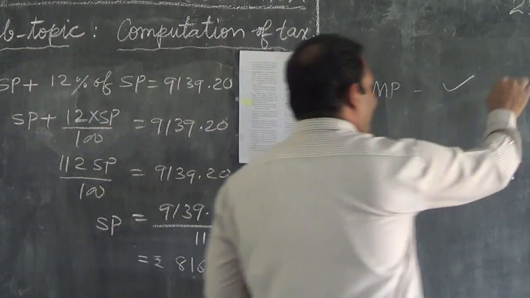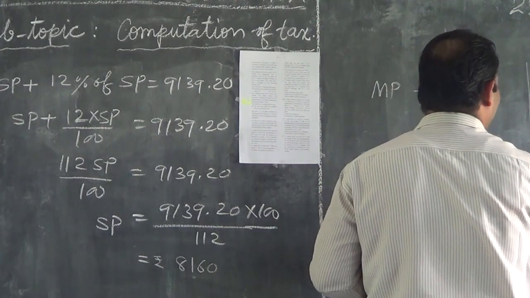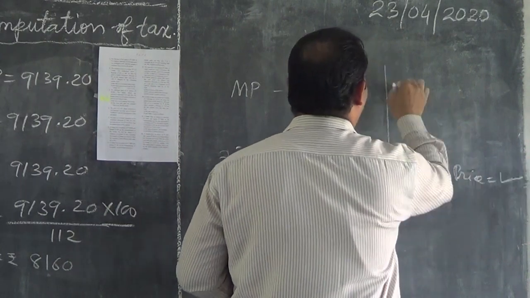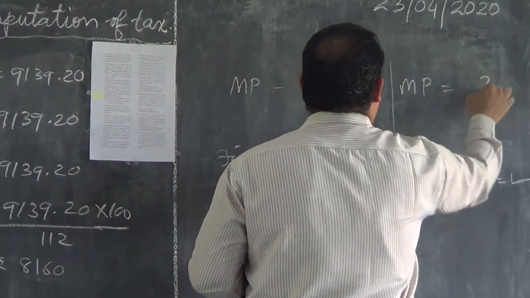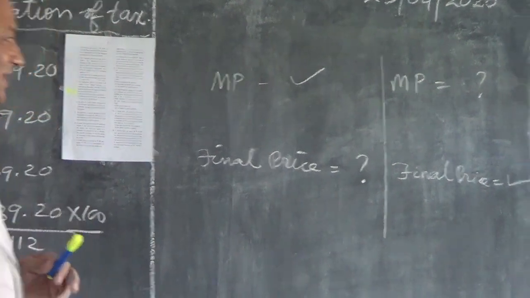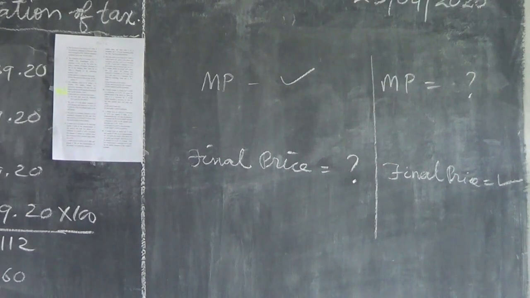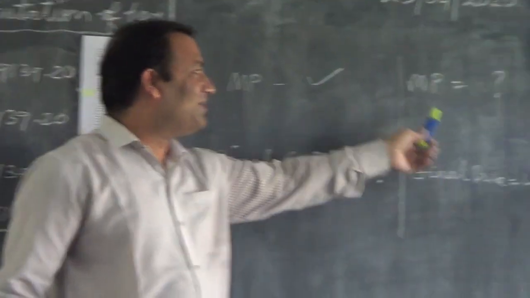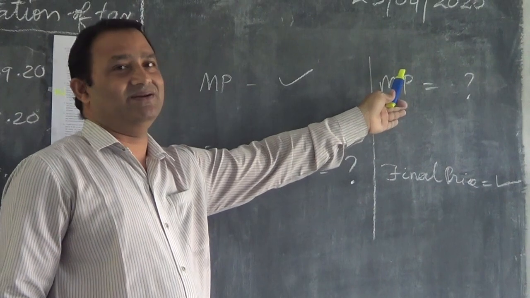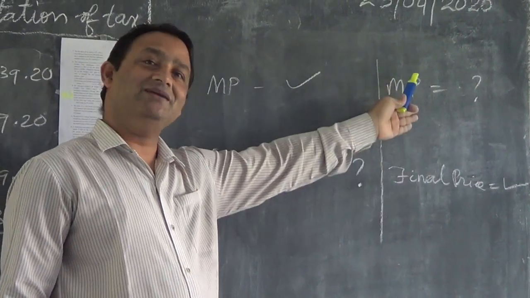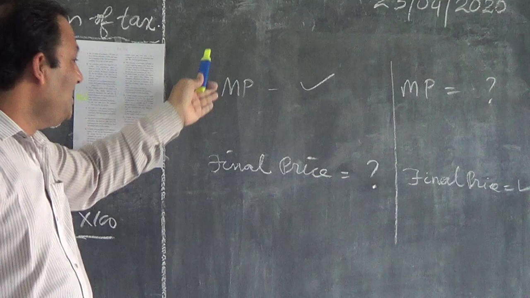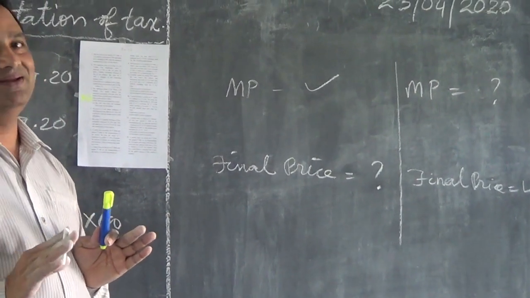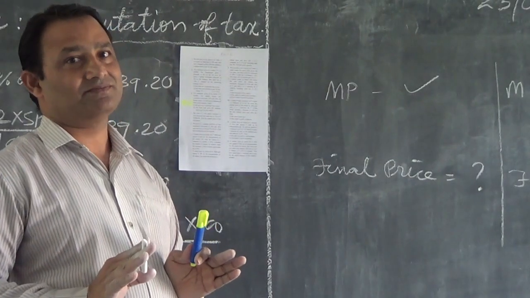But if the final price is given, and it is asking us to find the mark price, of course, we can do it in the tabular method also, but you need to think well in tabular method. So this kind of problems we do by modeling method. Reverse problem by modeling technique, and straightforward method even in the tabular representation also it will work well. So think these two things.